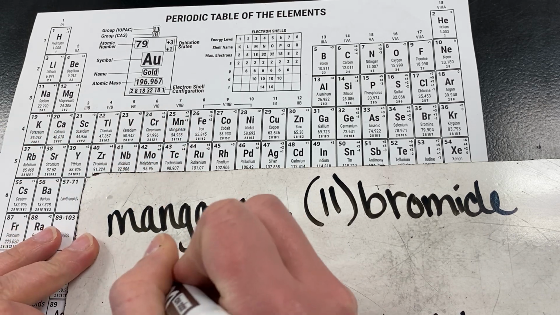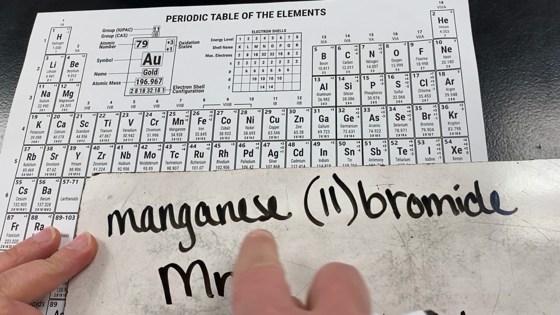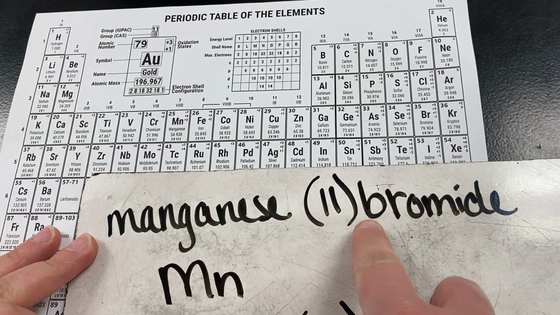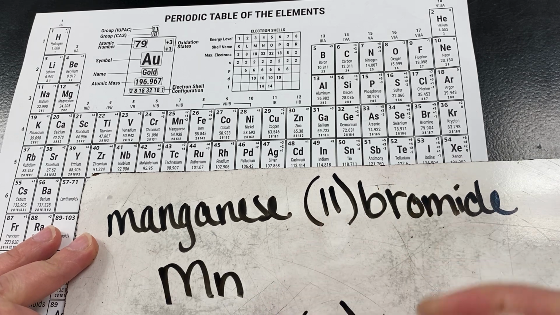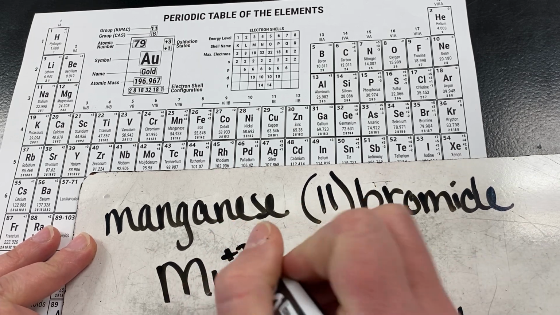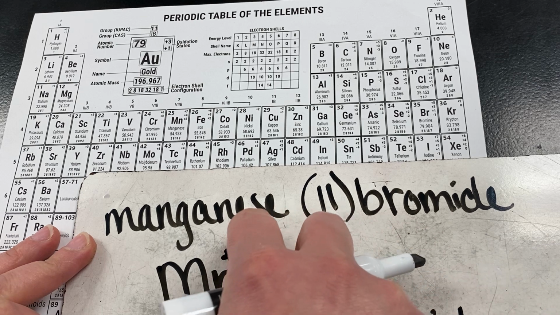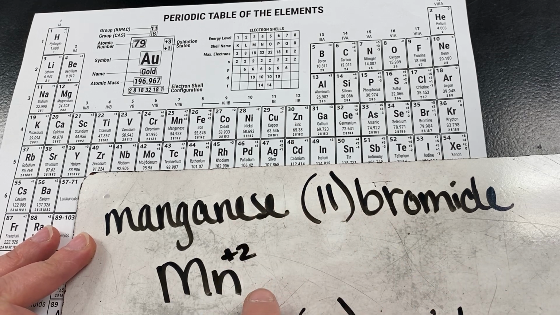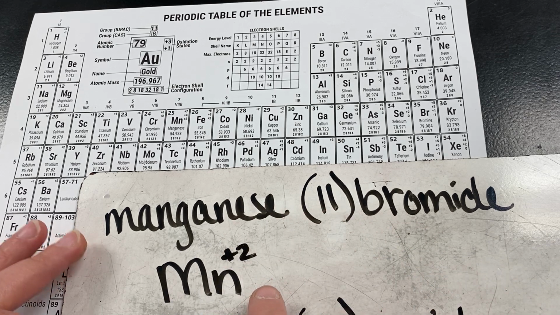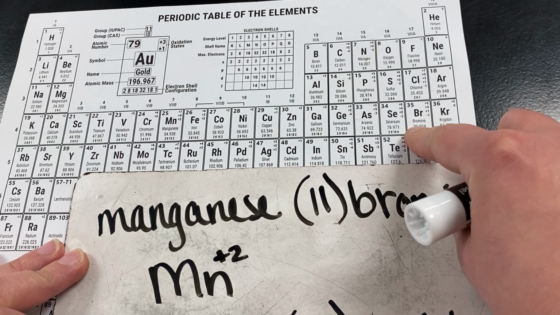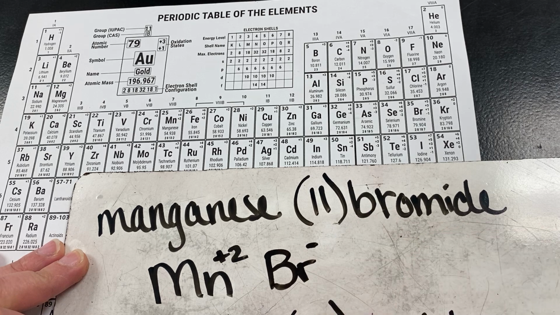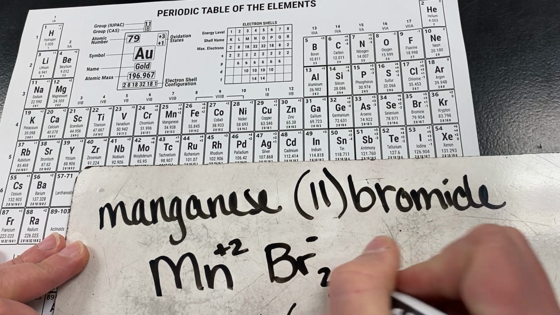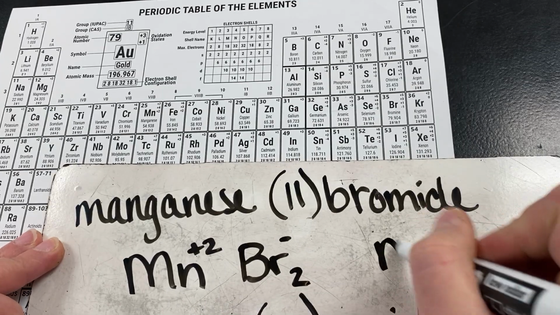So I'm going to go ahead and put Mn. But which charge do we use? Well, that's the point of this Roman numeral here. So we know that it's going to be a +2 charge. This 2 is referring to that transition metal. That way we don't need to try and figure out what the charge is. And then bromine, which is a -1 charge. And so since that's a +2 and that's a -1, we need 2 of the bromine. And we can just write it as